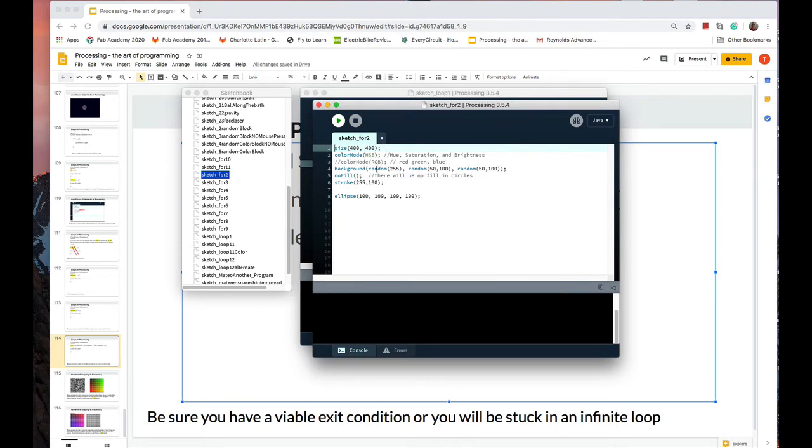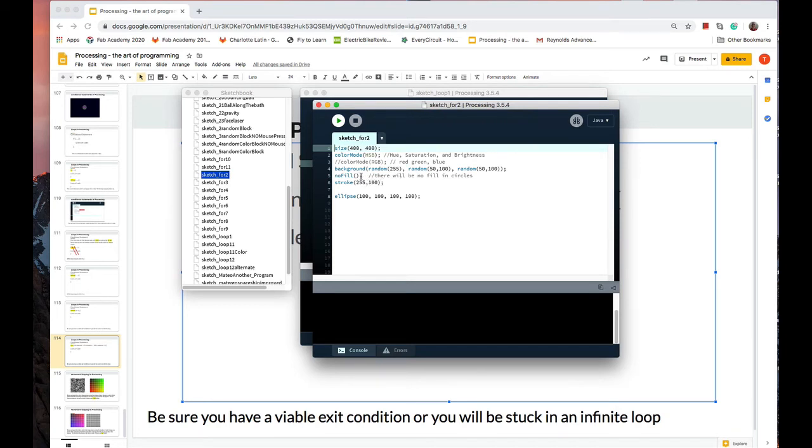Again, random background. Look. Hue, saturation, and brightness. HSB, I think I said background last time. HSB, brightness. We're not using red, green, and blue because we used it all the time. That's the only reason why I tried it. Just wanted something. Here's random 255, random 50 to 100, random 50 to 100, give you your background,